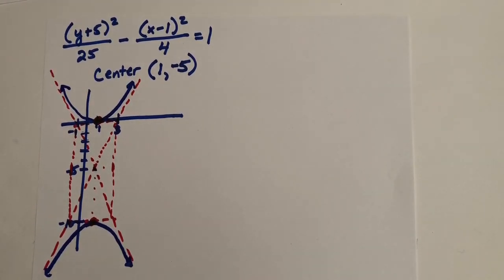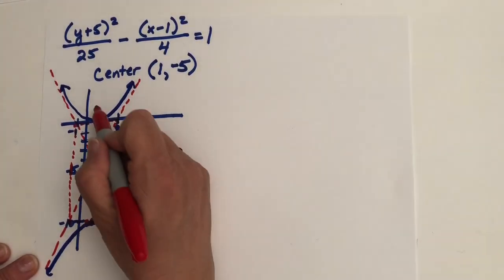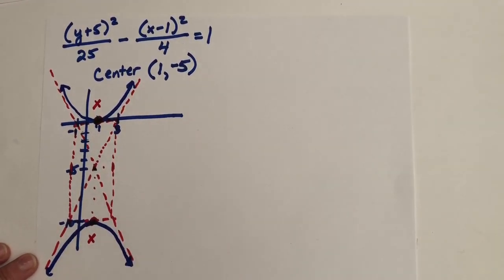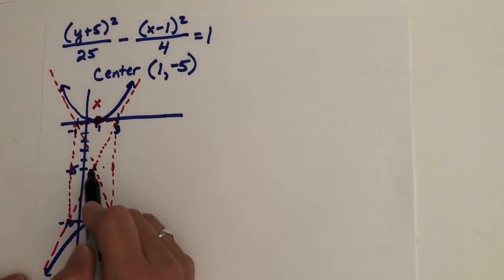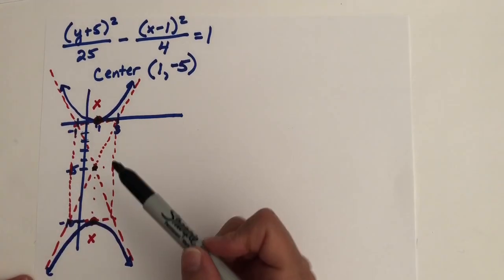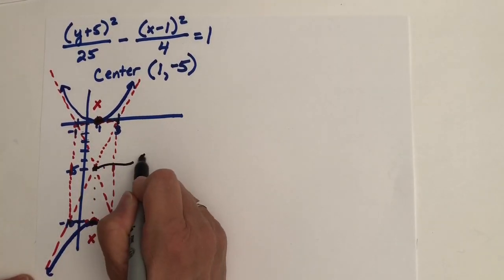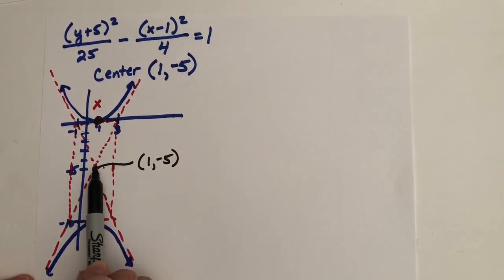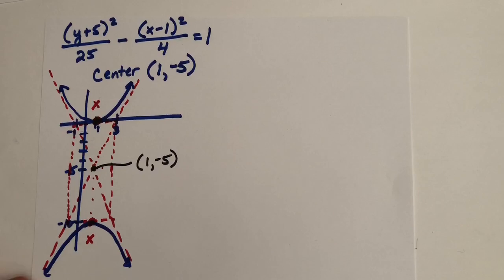The next step was to find the foci. Remember, the foci are always inside the branches. So the foci will be here and here somewhere. I don't know where those are yet, but what I do know is that the distance from center to focus is C units. Because I know this center right here is at 1, -5, I just need to find C, so I can go up C units and down C units, and I'll have those foci. Well,